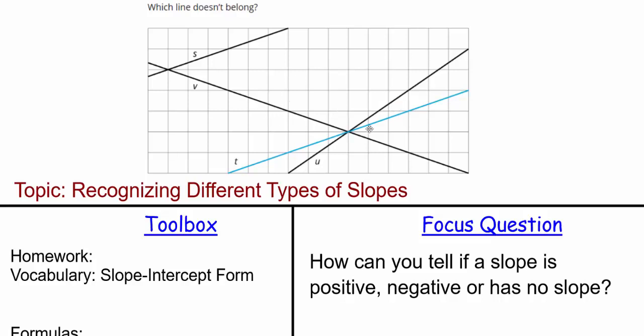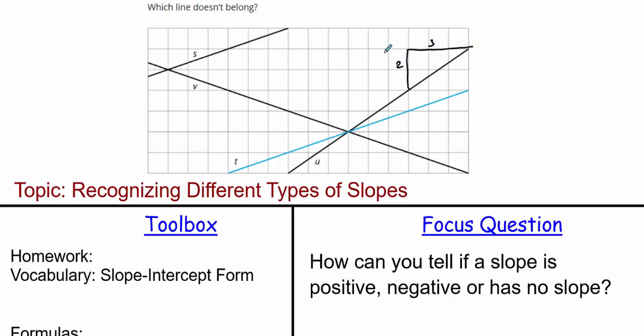Okay, so let's take a look at each line here. Some of you may have said line T. Obviously, it's line T because that's the blue one, right? That's the blue line. Some of you may have said, no, it's not line T. It is line U. Obviously, it's line U because line U has a slope